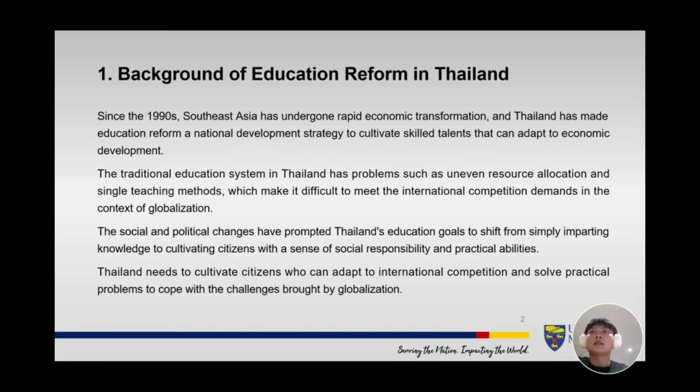Since the 1990s, Southeast Asia has experienced rapid economic growth. Thailand sought to cultivate talent to drive its economy and integrate educational reforms. However, Thailand's provincial education system was not strong. Resources were unevenly distributed, and teaching methods were monotonous,